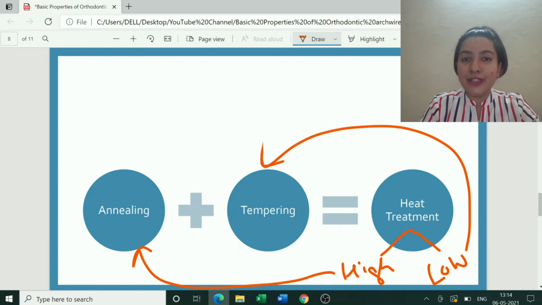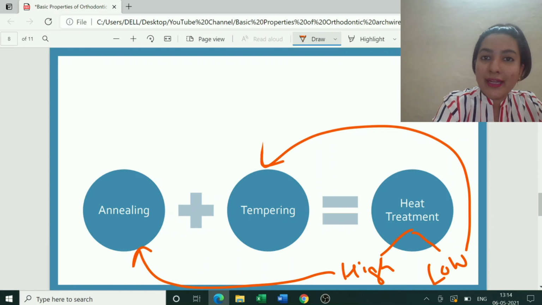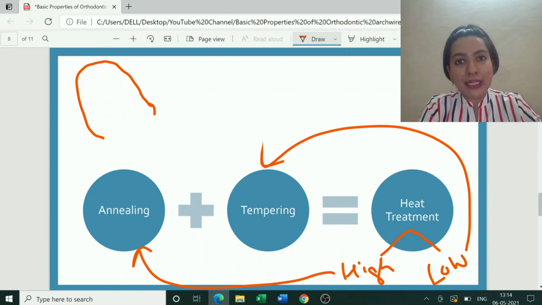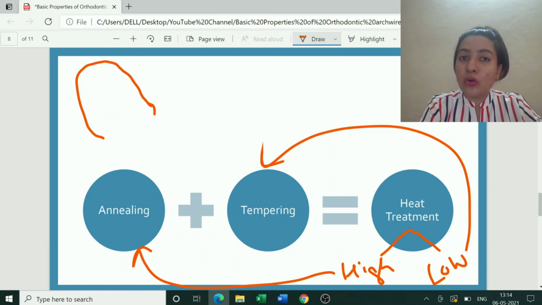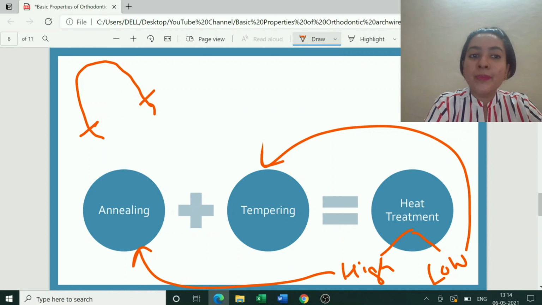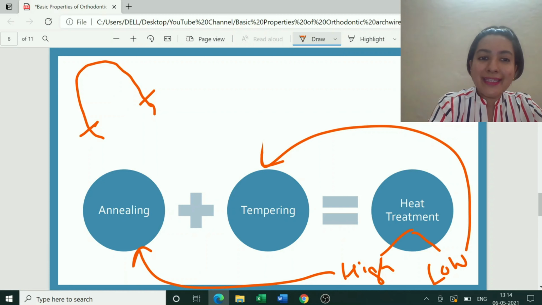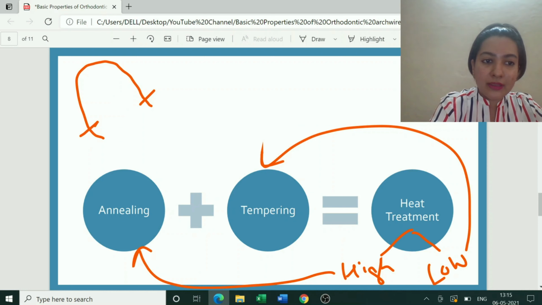What is done in high heat treatment? That is annealing. Now, imagine we have say an O18 nitinol arch wire. So now you all know that O18 means it is round. Suppose this is my O18 nitinol arch wire, I am inserting it into the patient's mouth. So what happens beyond my second molar? Suppose this portion of the wire is extending beyond my second molar. I cannot leave it as it is because it will impinge onto the mucosa. The patient will have irritation, redness, swelling, so I cannot leave it this way. So what has to be done? I cut a little bit of the wire. Imagine this much portion of the wire has been cut.